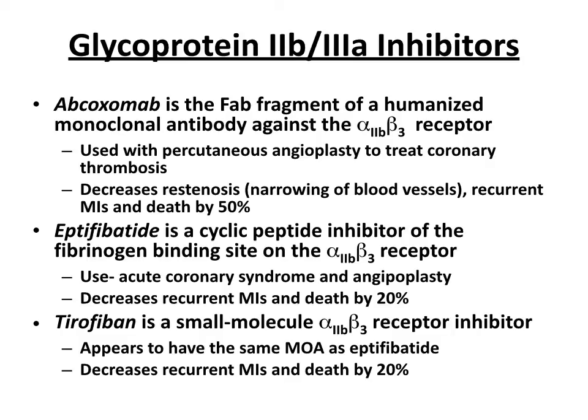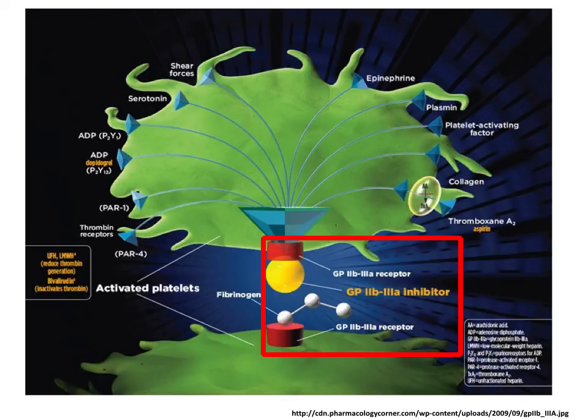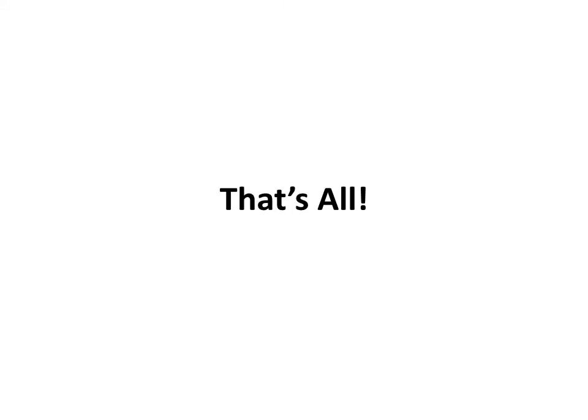So what happens is, again, when you inhibit this GP2B3A receptor, you're inhibiting platelet aggregation. So platelets aren't going to sit where they normally would, right? They're not going to aggregate together. You inhibit that, and you're inhibiting coagulation. Okay. I don't know about you, but I think that's super complicated stuff. But we got through it again. I kind of like having this as a set-aside on its own thing to study, because it's going to be really important that you understand these drugs.